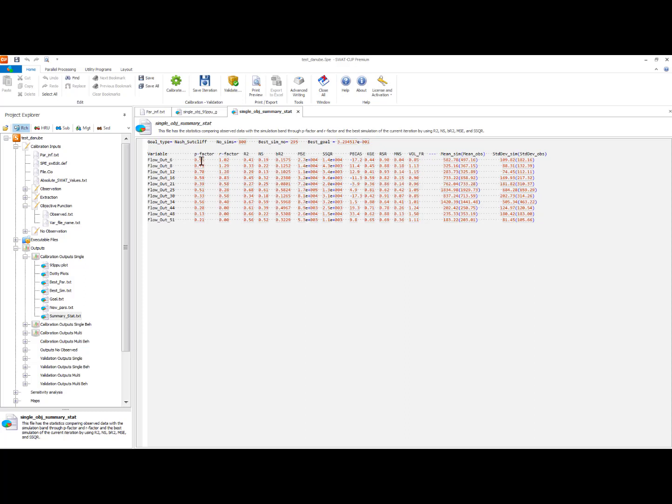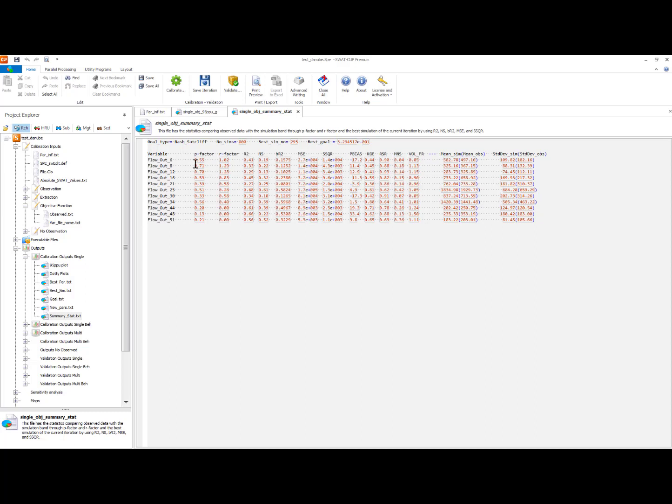But the important thing we should look at here is the P factor and the R factor. NSE is just the comparison of 2 signals, the best simulation and the observation. But given the uncertainties that we have, we should be looking at P factor and R factor. So P factor here for number 6 is 0.55. That means 55% of my observation falls within my simulation. And for 8 it is 0.71. That's 71% of my observation falling into the simulation. And the R factors are around 1, so they are quite reasonable. The uncertainty is quite low